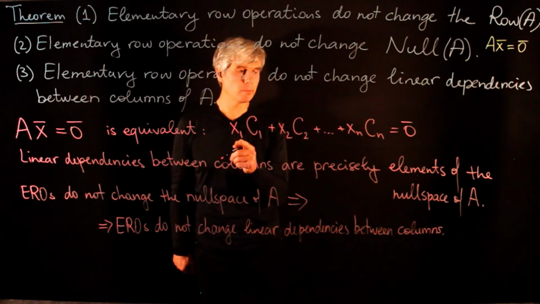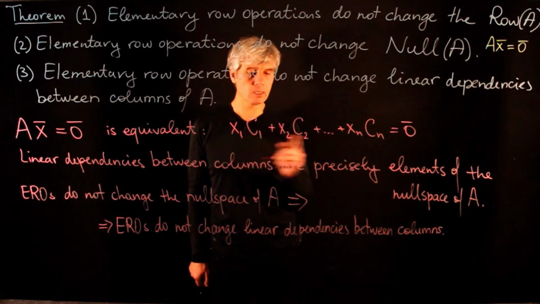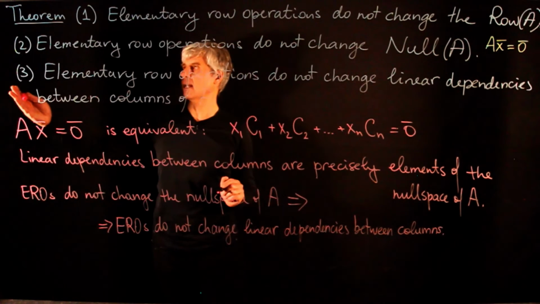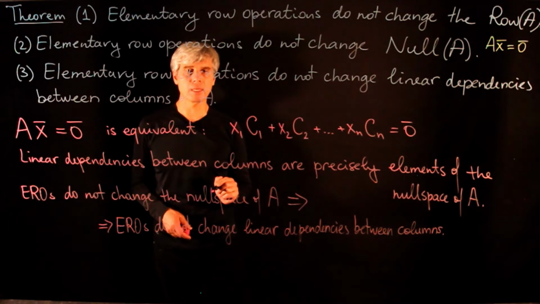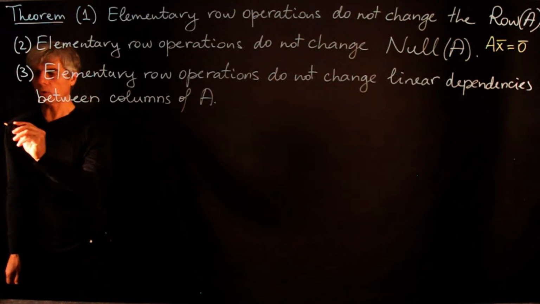So the columns might change when we apply elementary row operations, but these sort of linear dependencies will be preserved. And this is exactly the claim of part 3 of this theorem. So this theorem has a corollary